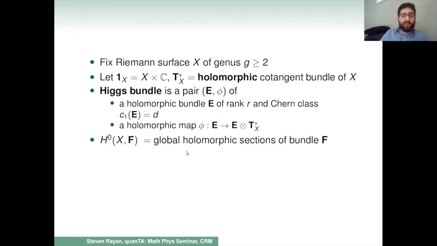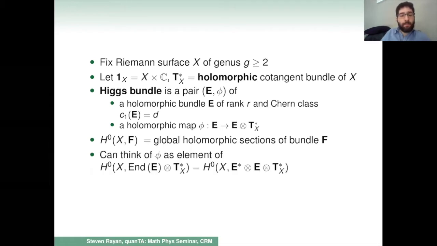Now, another piece of notation that's important here is that I want to have a notation for the global sections, or the global holomorphic sections of some bundle. So if my bundle is F, I will use H^0 to denote the holomorphic global sections. I mean, you might use gamma, but I would usually use that for smooth sections. So this has a little bit more of a restriction.